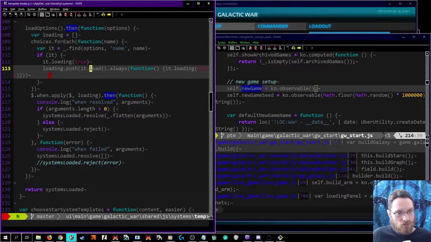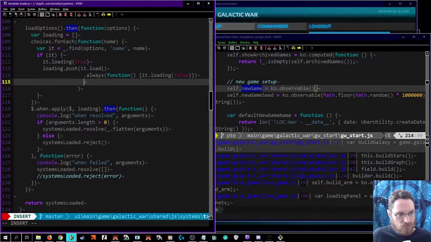So the easy way to do this is a little nasty. If it dot selected it dot